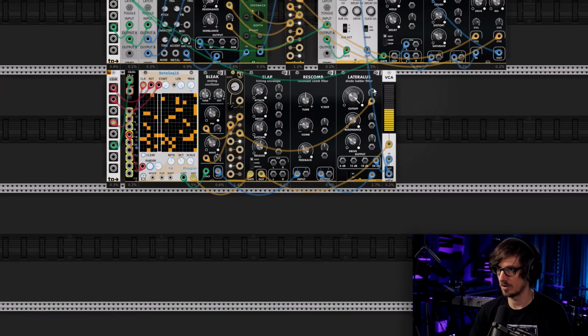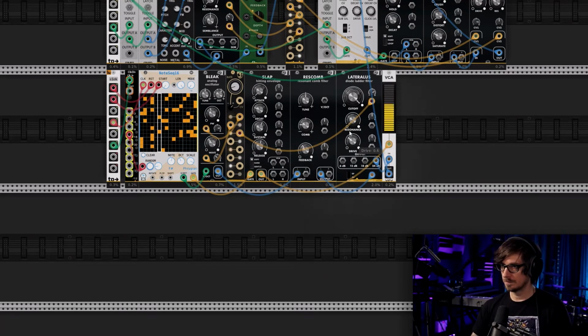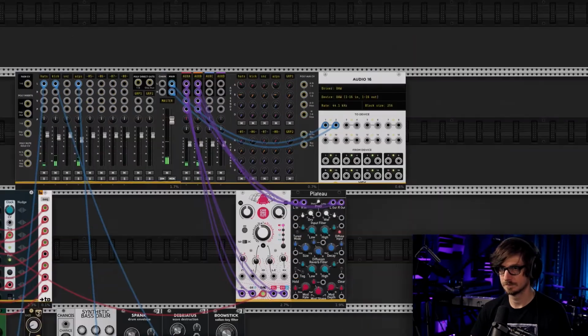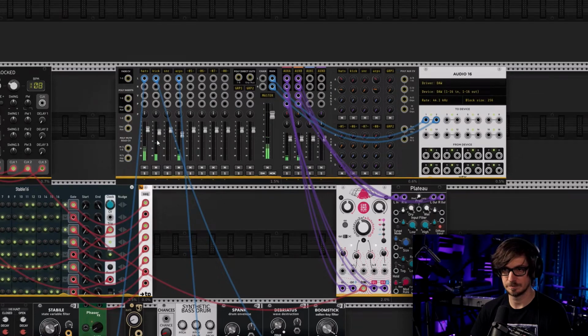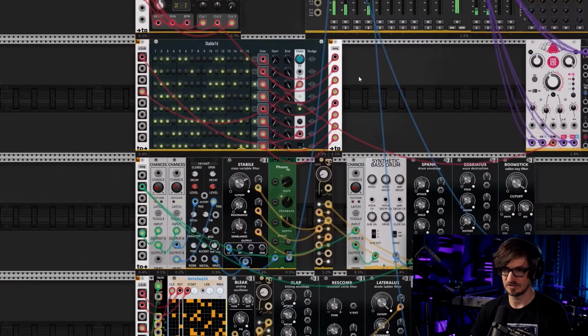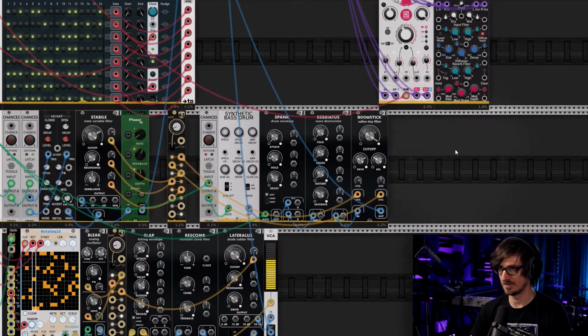Maybe I want to go this way to open up. Kick drum's still a bit loud. I guess it's hard to say for sure because everything's gonna change, but